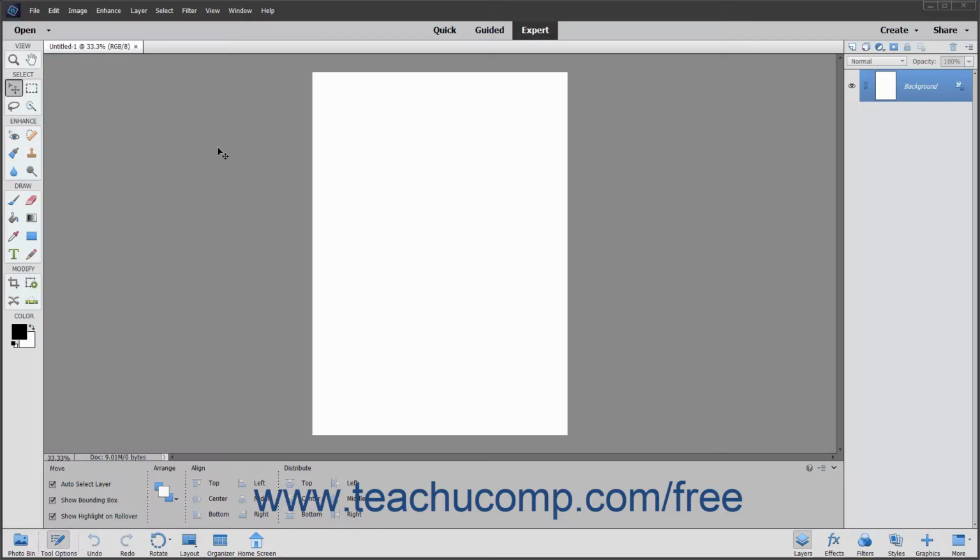After opening an image file, you can place additional images into their own separate layers on top of the original image layer. An image file in Elements can consist of multiple layers. A layer is like a transparent sheet which is placed on top of the original canvas or background layer. You place additional images and other items into their own separate layers on top of the original image layer so